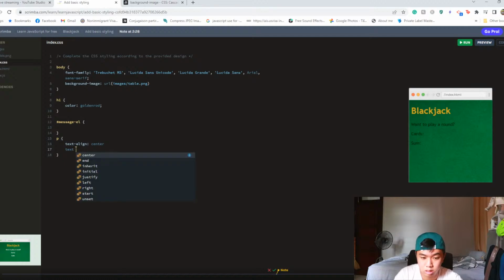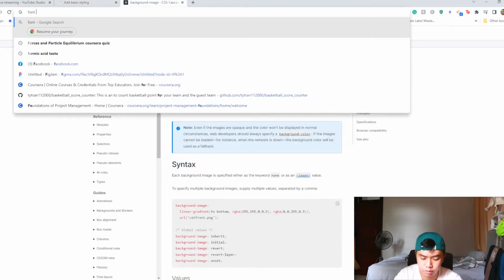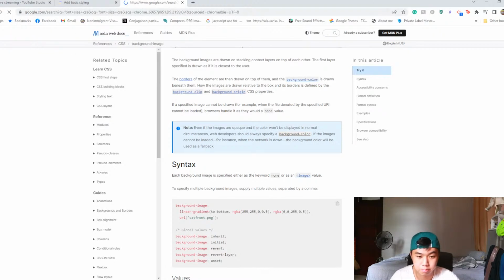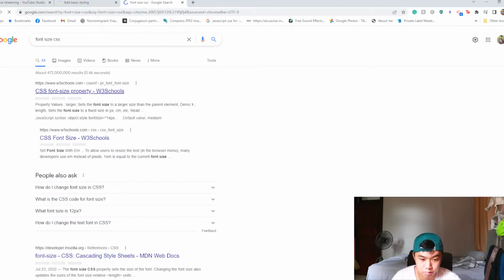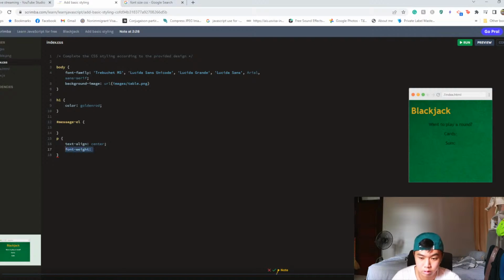Text size, font weight, or font size CSS. Do font size is equal to